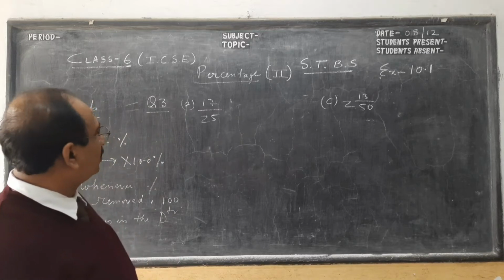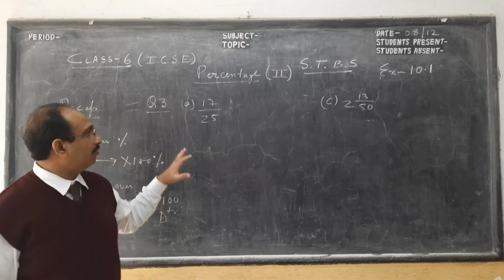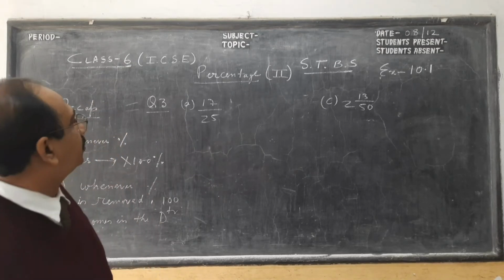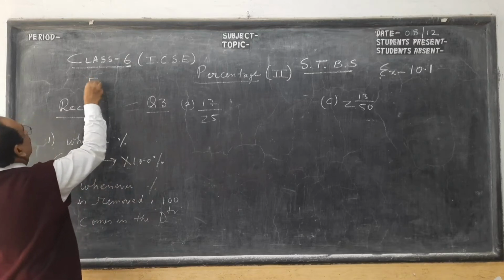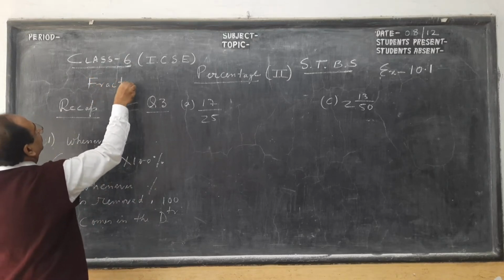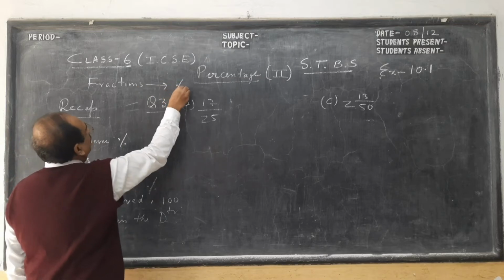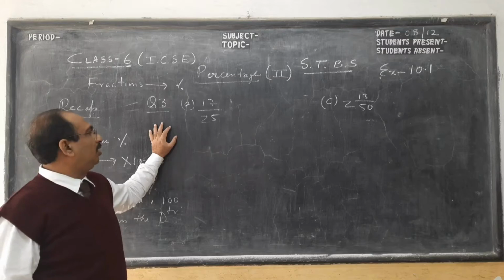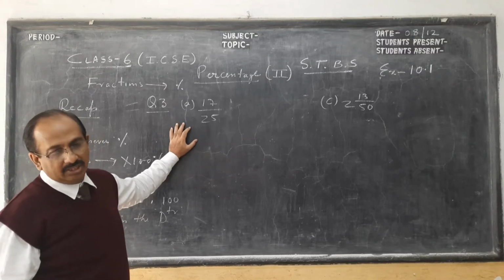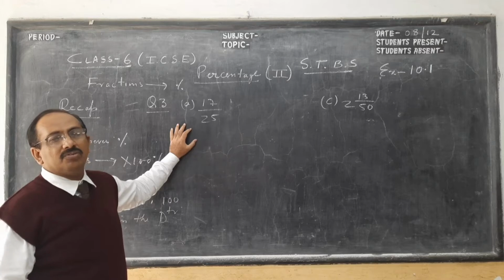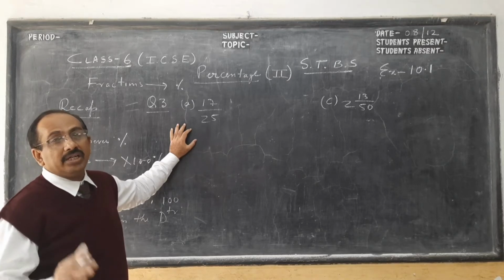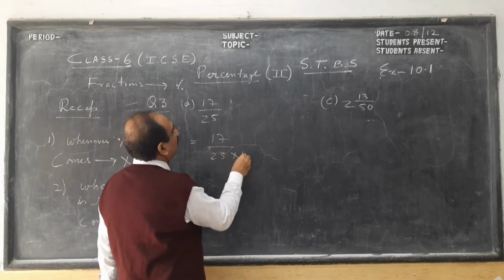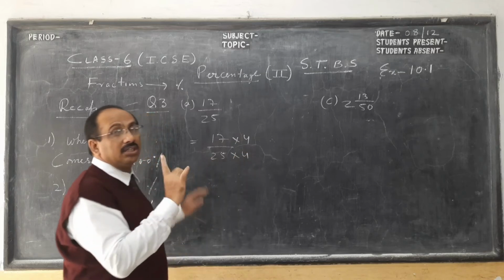There are two methods. If you see the very logic, we have to bring percent. This question is to convert the fractions to percentage. If you see the very early part of my part 1 video, you'll see the meaning of percent means out of 100. So in mathematical terms, children, out of 100 means the denominator is 100. So how to make the denominator 100? We multiply by 4. This is a logical method.